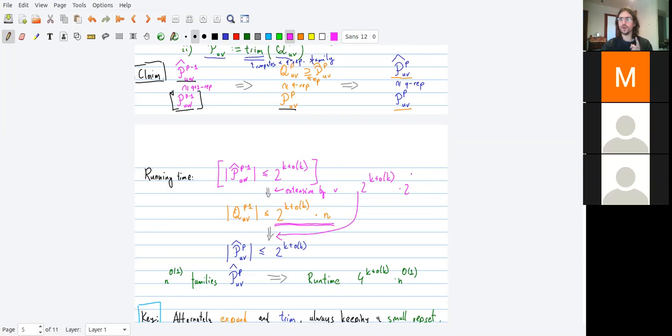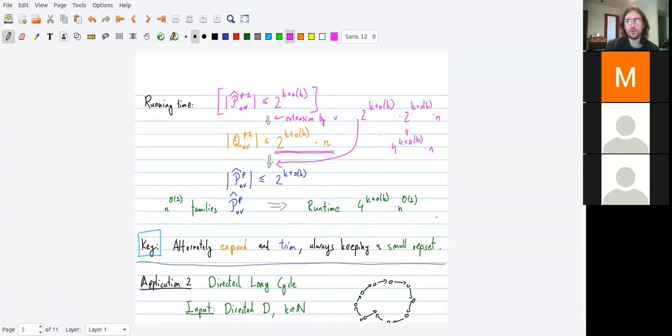It is of size 2 to the power k plus small o of k times n. And tada, we've got running time 4 power k plus small o of k times n. So the point was not to apply the computation of a representative family to the whole family of partial solutions, but to a pre-computed, slightly too large representative family, and use the transitivity of representation. So all in all, after this step, we again managed to find a representative family,